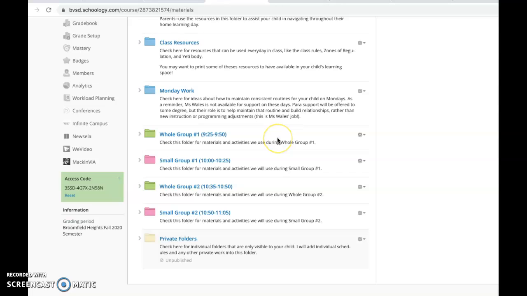You can click here if you want to refer back to what we're doing, if you want to have it pulled up when we're working, or if, for whatever circumstance or reason, you are going to work offline with your child. This will have available the things we're doing, and you can print it or refer to the things to do with your child on your own. For an example, whole group number 1